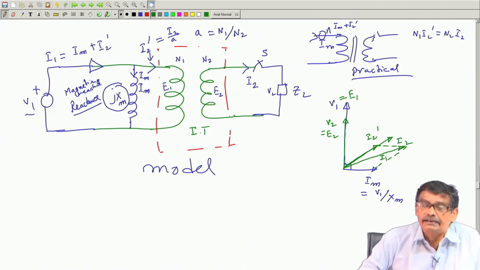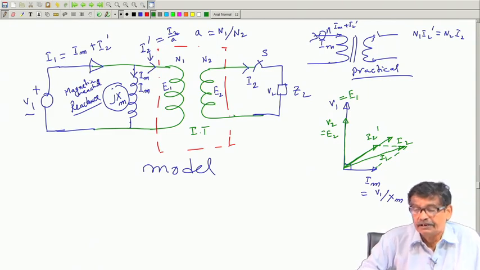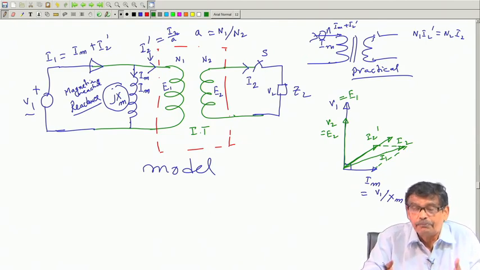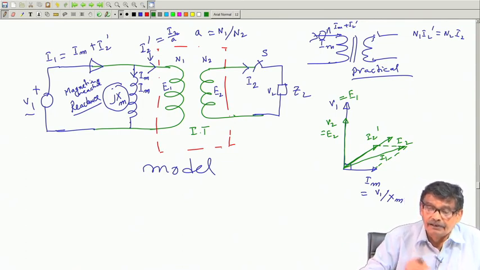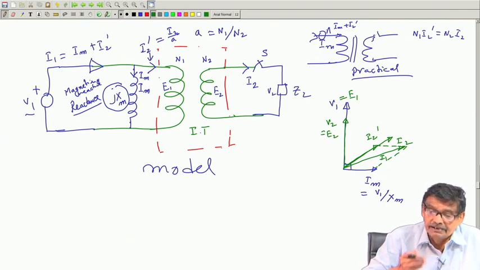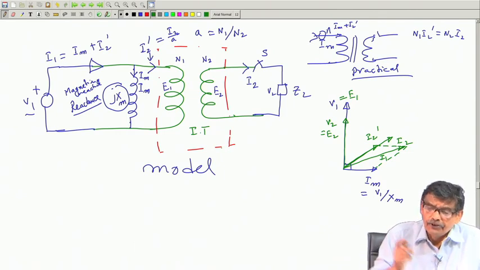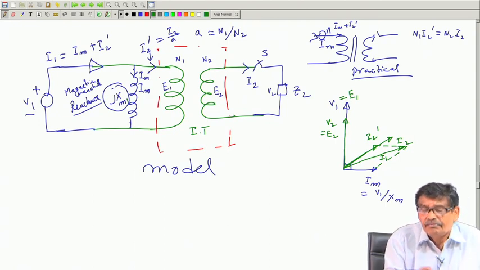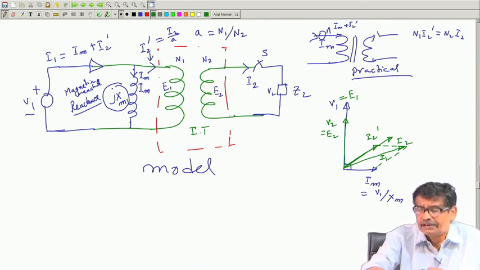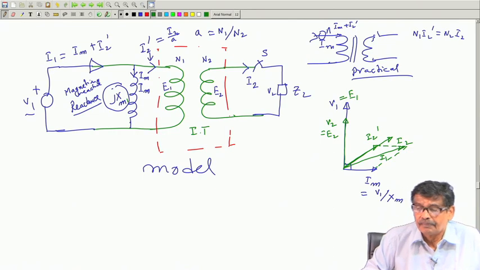Understood? This is how magnetizing current can be taken into account. It is somewhat a practical transformer, still not a full practical transformer. I have neglected so many other things till now, only magnetizing current I have incorporated, and for that an external element JXM is to be selected. If you like, you put JXM 1 on side 1, because we have seen parameter values change from this side to that side and so on.